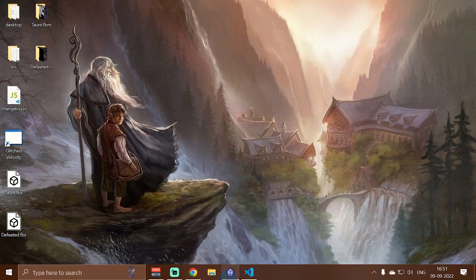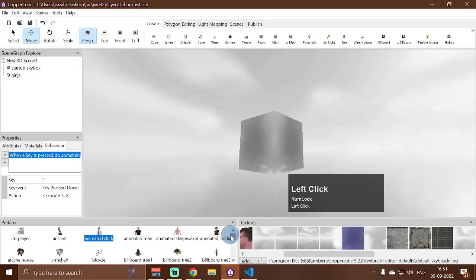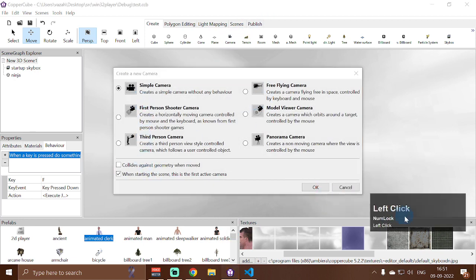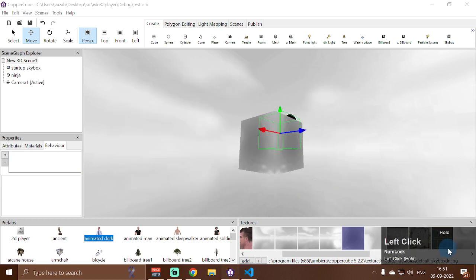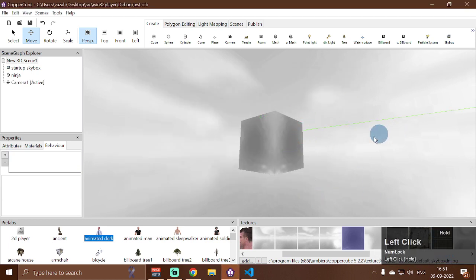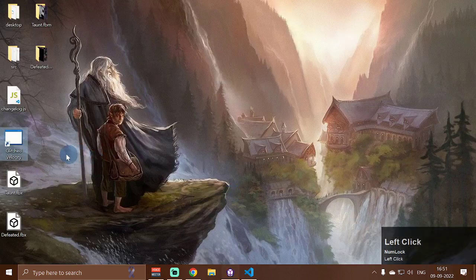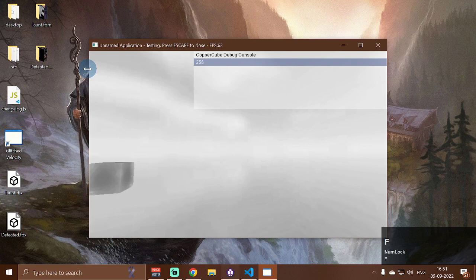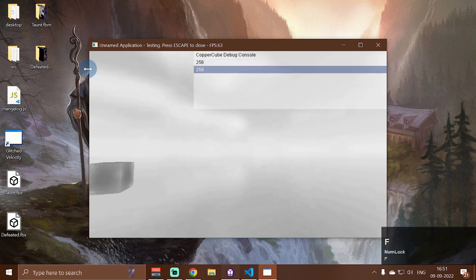But as I'm using an FPS camera, it is also switching back to the center of the screen. So I'm gonna create a camera here, a simple camera. And if I save it, then it will show my mouse cursor. And if I press F, then you can see my mouse cursor automatically moves here. So wherever my mouse cursor is, if I press F, it is going to move at the exact position on this